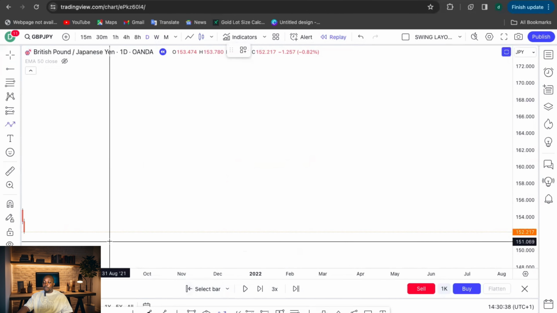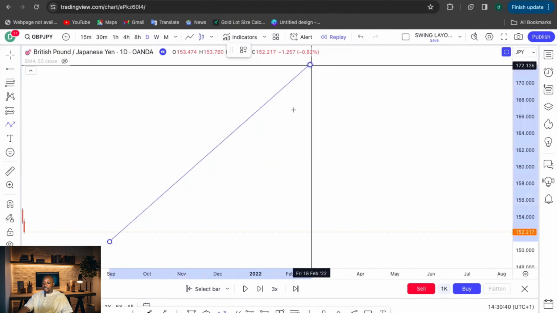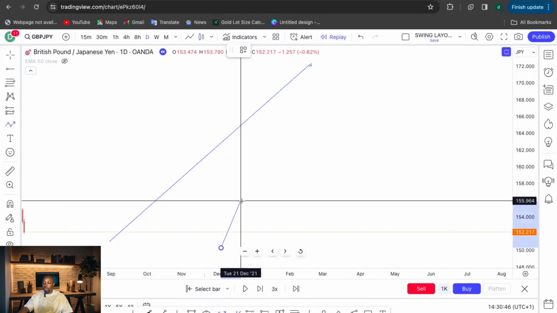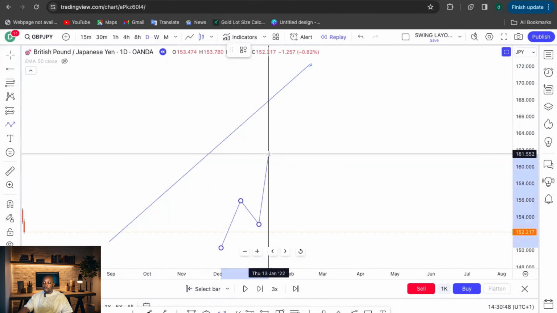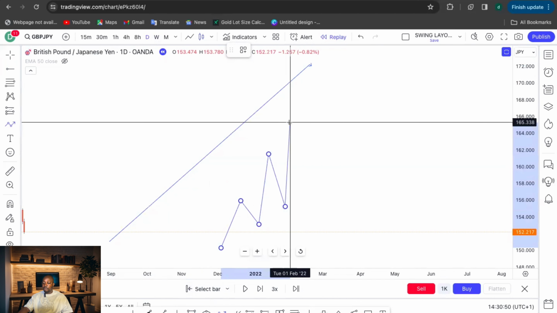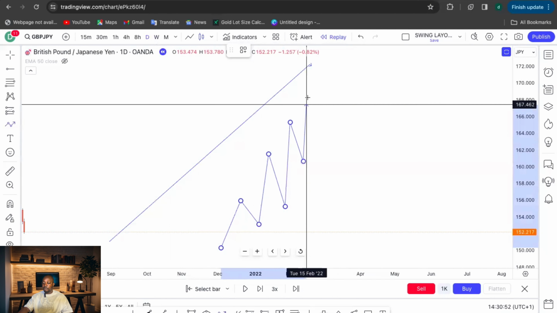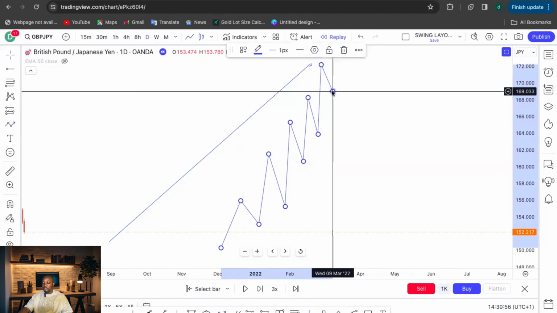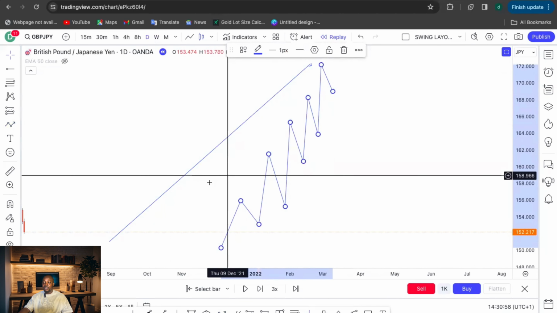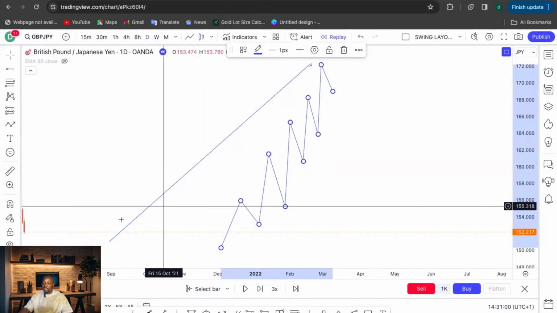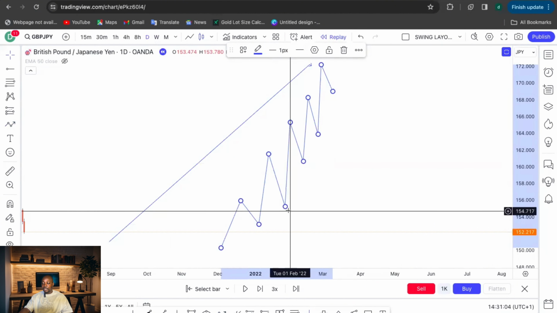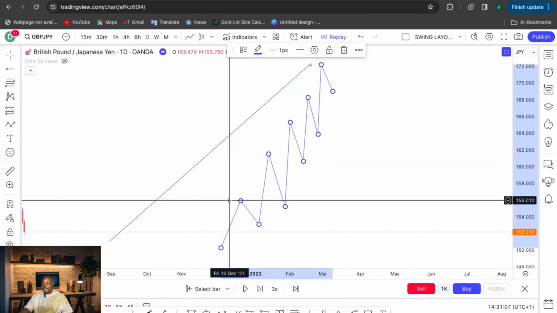The market is never moving in a linear. It's never moving like this. The market is always moving in waves. Push up, push down, impulse, correction, impulse, retracement, impulse, retracement, impulse, retracement. This is how the market moves. The market does not move in a linear form. Okay, so 9 times out of 10, when the market breaks above a high,